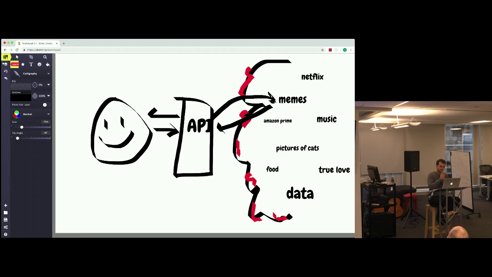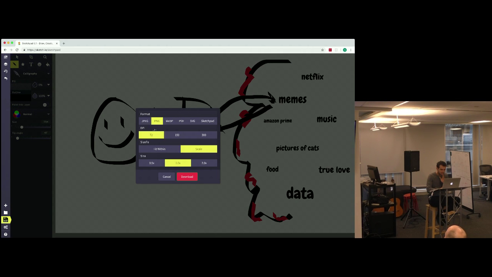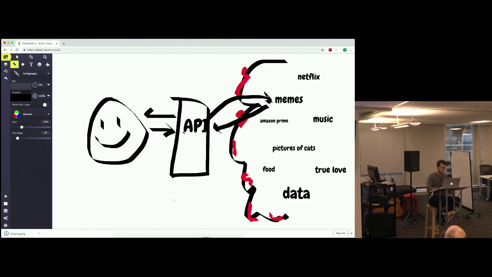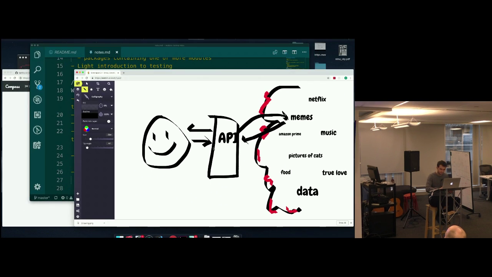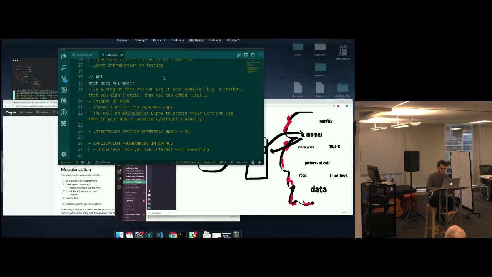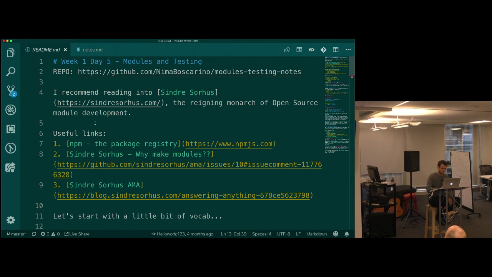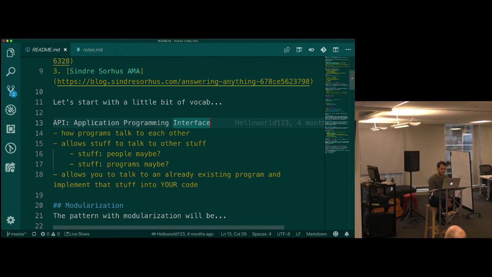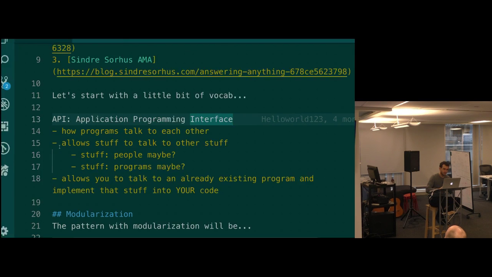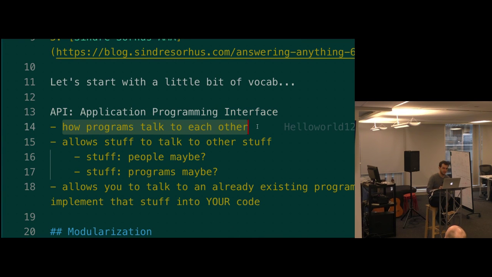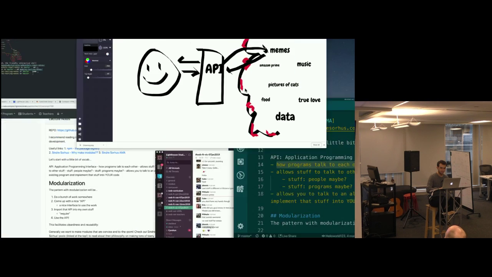Cool. So this is kind of the main concept that we're going to be thinking about. I'm just going to export this so I save it. Download. Cool. And I'll make sure that this is in the notes. So we can also say that if I can use an API, let me go right here.